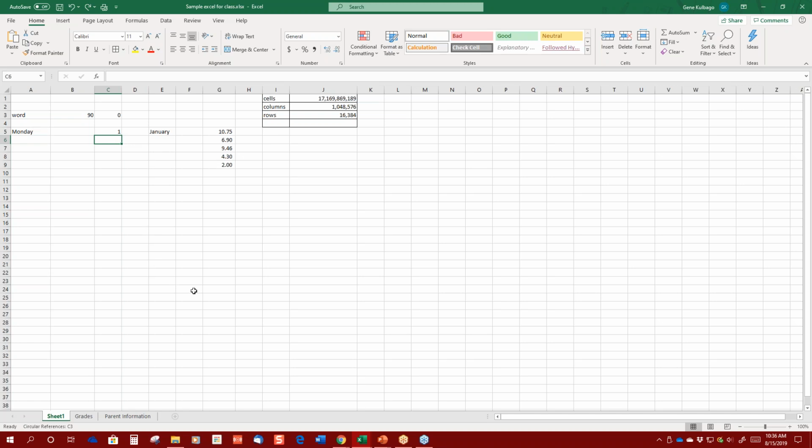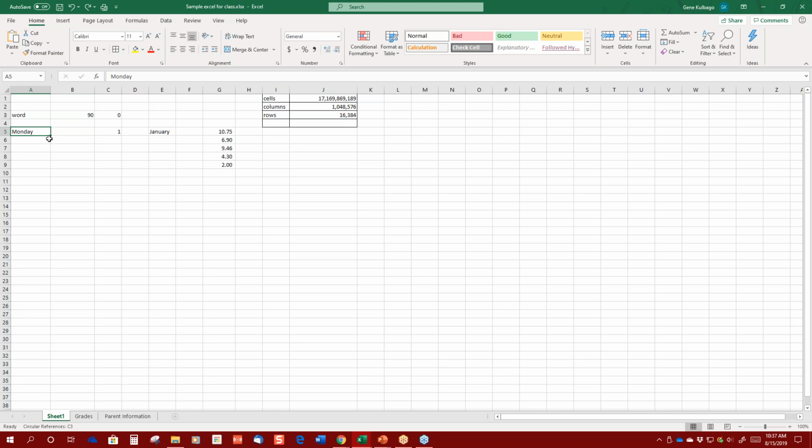Now, just to give you a couple of heads up too, if you're trying to make something like a schedule or something, and you can do this, by the way, very easily. Notice this says Monday. What if I want to put the days of the week down here? That would be an awful lot of typing. You do not have to do that in Microsoft Excel. It has some built-in